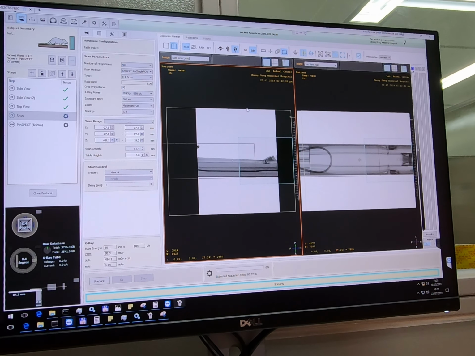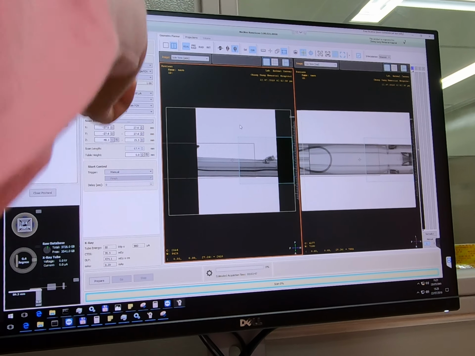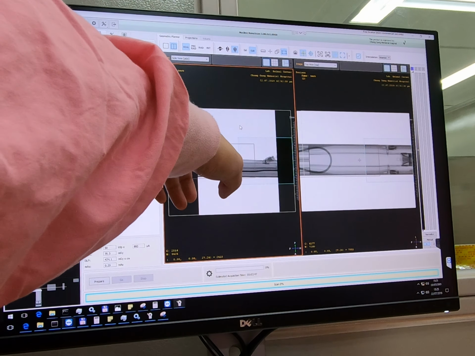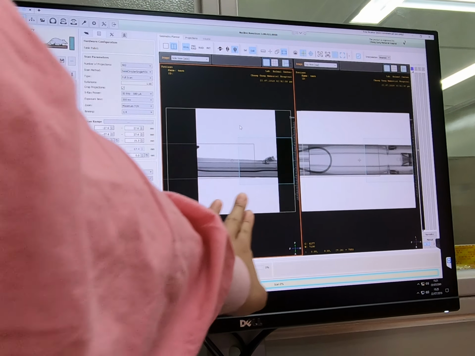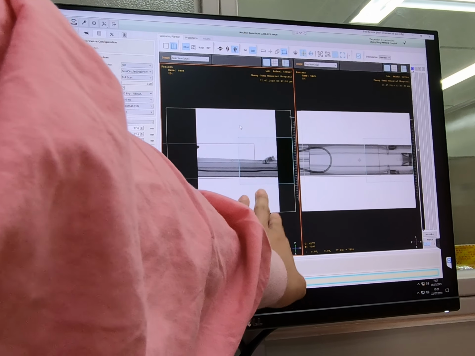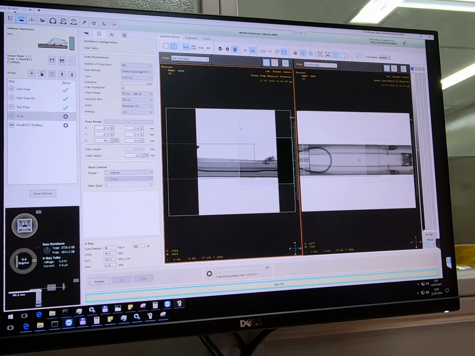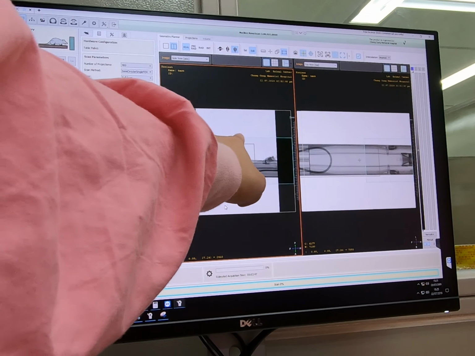It is for the crop. So this is one projection, right? If we crop the projection, this part of the image will not be saved, because we only save the part which is in the blue box. So you throw away everything which is outside of the blue box. So when you tick it, when you save the file, it will not save this side, so your file will be smaller, and it will only save the blue area. If you do not tick it, you still